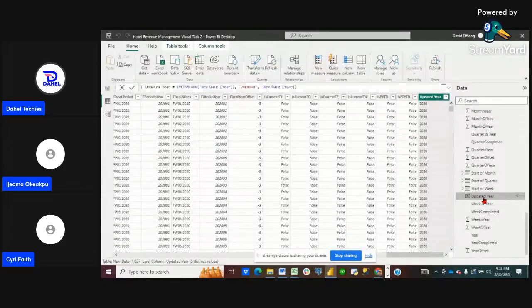When you click on new measure, this time around, you call it year. Just leave maybe updated year because we already have the year. This time we want to have a year that follows our data analysis. So we are going to say if